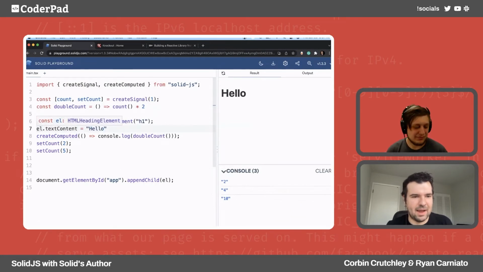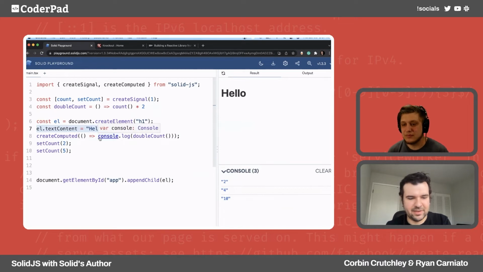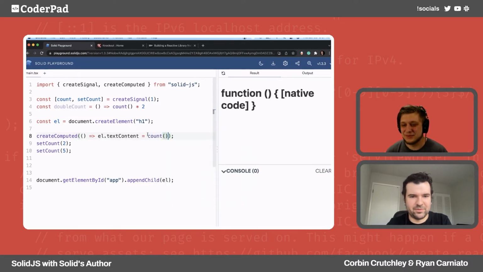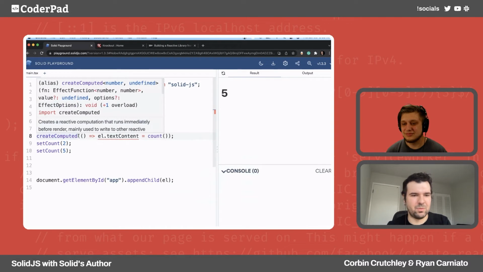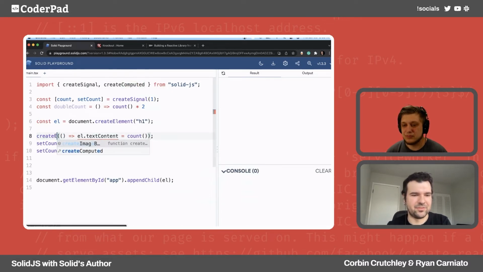I was like, well, what if we could just take this and stick it inside our effect or computation? Why can't we just do this? And let's watch. This is going to be so fast, you're not even going to see it. A timeout maybe? Yeah, exactly. And we can go back to createEffect because now the batching won't matter.